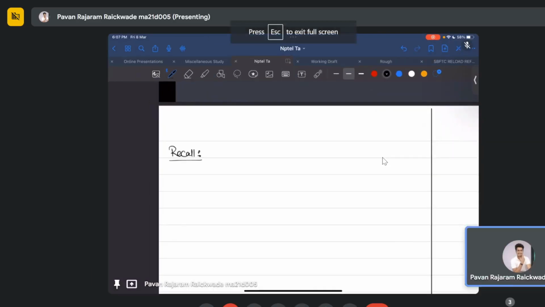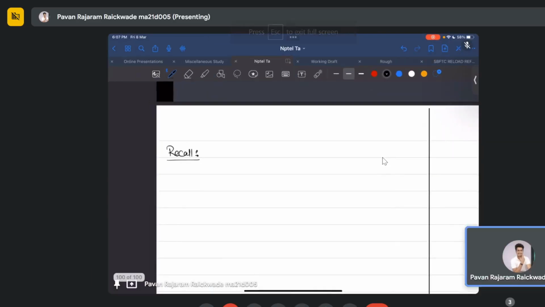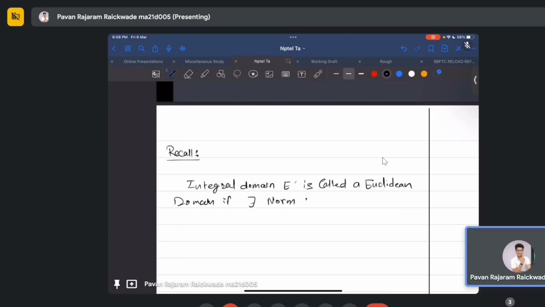So what we have seen is an integral domain E is called a Euclidean domain if there exists a norm n on E such that